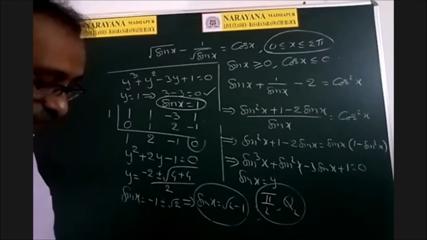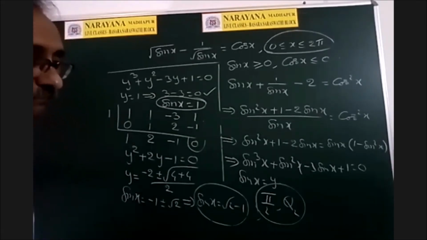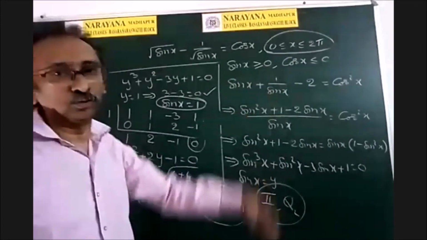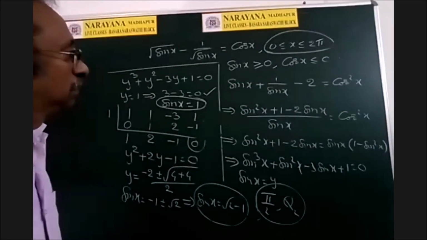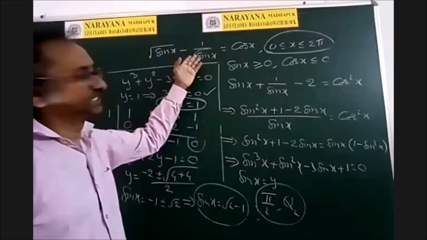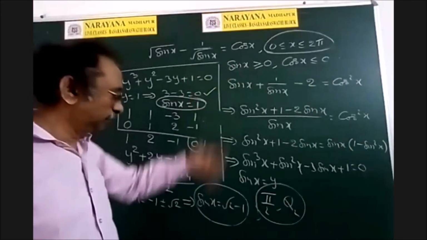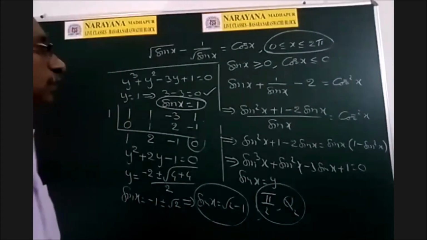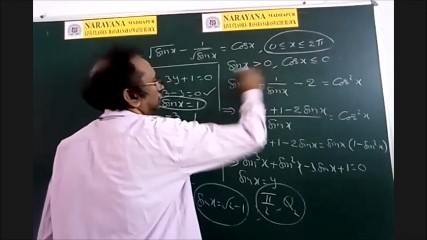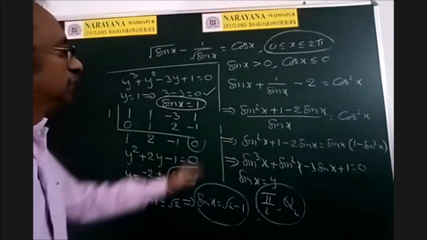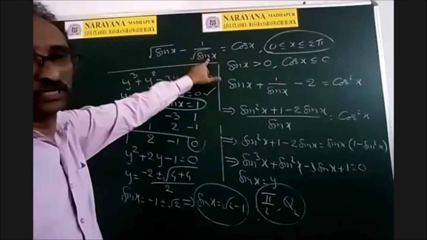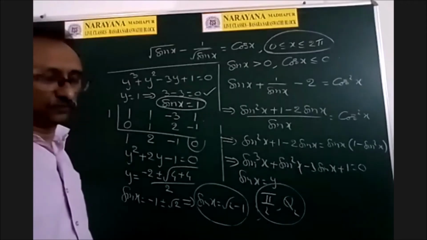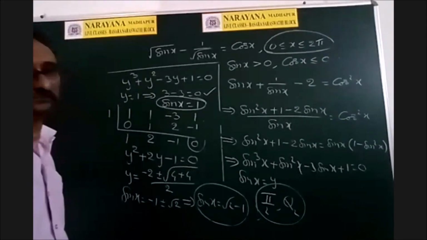Snehita: Sir, is it sin x greater than or equal to 0 or greater than 0 in the second step? Sin x greater than or equal to 0. Sir, if sin x is equal to 0, then... Of course, it is in the denominator. It cannot be 0. Okay, no problem. But we are not getting 0 now. Yes, sir. Actually, our observation is right. Sin x cannot be equal to 0 because if it is 0, the denominator is 0, which means the function is not defined. But no problem, we didn't get that. Thank you, sir.